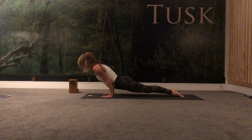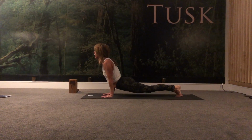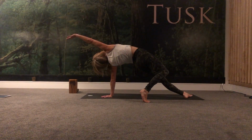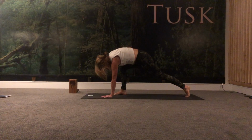Step back into a high plank, reach forward, Chaturanga, coming halfway down. Untuck your toes, open the heart, straight arms, point the toes, squeeze, draw in the lower abdomen, tuck the left toes under, flip your dog, right foot behind, open up, gaze at the back of your right hand, open the chest, and then as you exhale, take the gaze forward, and then take your right foot forward,